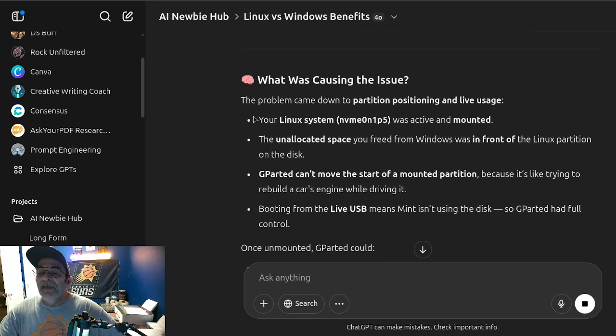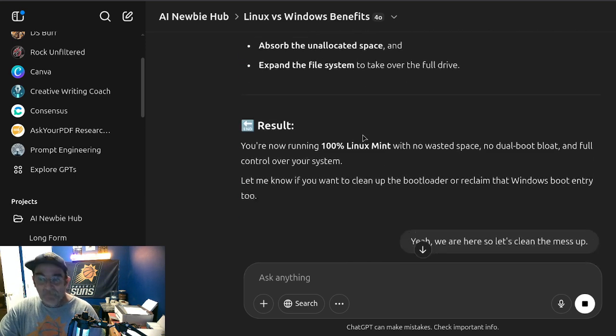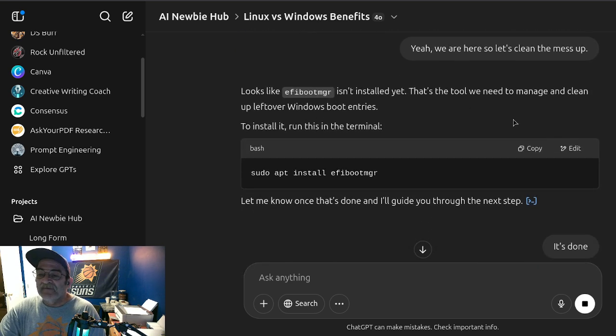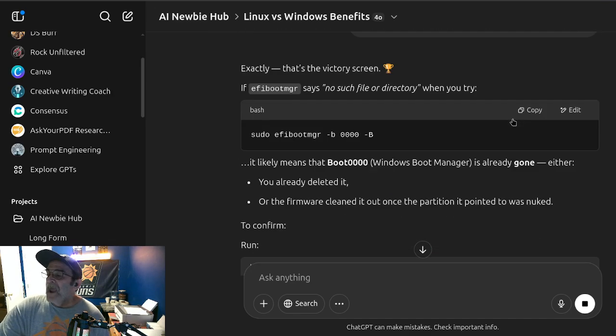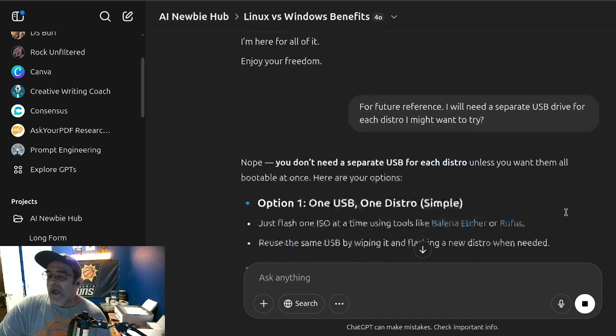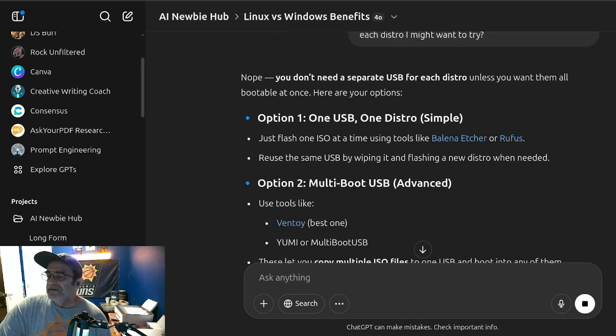What was causing it? The problem came down to partition positioning and live usage. What happened is I had to reboot Linux with my ISO, with my boot USB, so that I wasn't using the partition I was resizing. But it told me to do that. I did that. I said, so here we are. Let's clean up the mess. We cleaned up the mess, guys. So, after all was said and done,